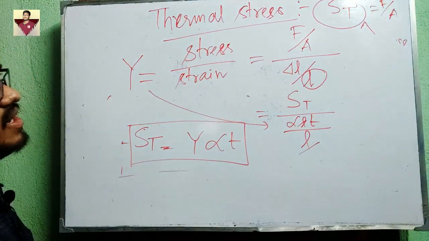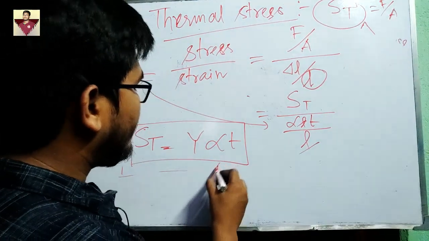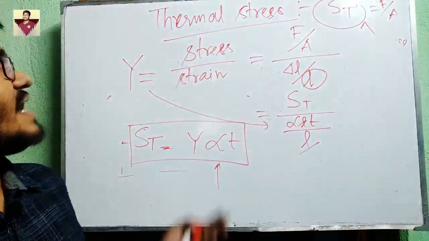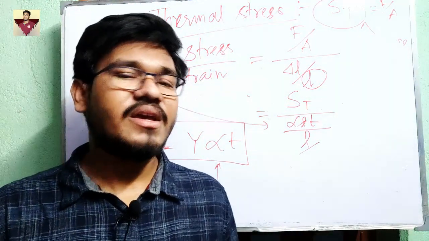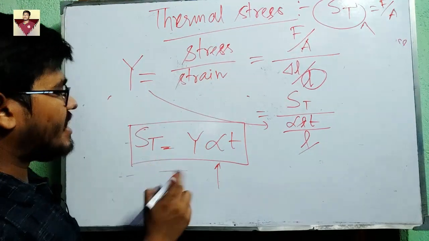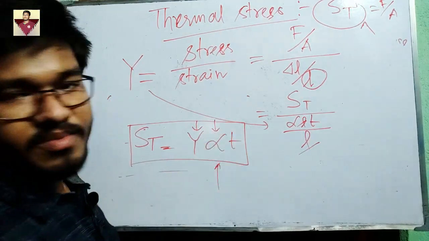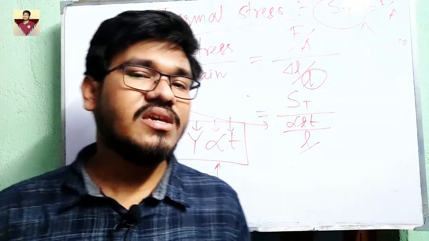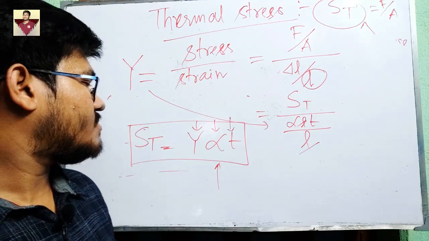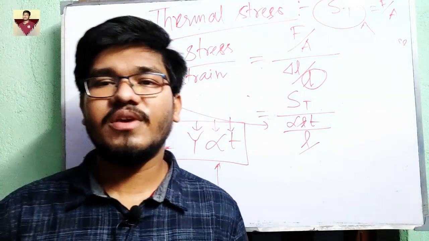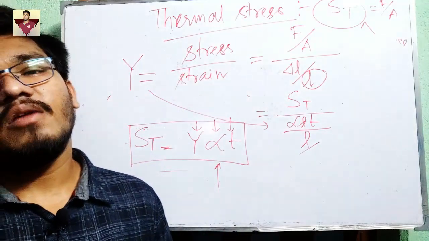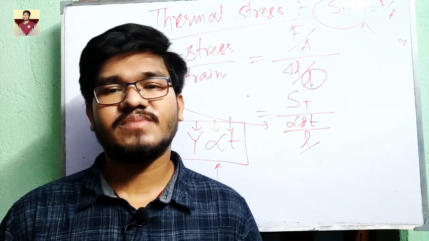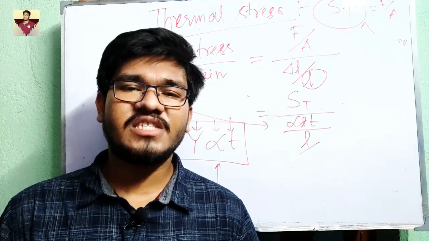If you have the Young modulus of some material and its linear expansion coefficient, and you change the temperature of the material, then you can easily calculate the thermal stress developed in that material. So thermal stress is defined by Young modulus times linear expansion coefficient times change in temperature. This is a very important equation in JEE Main or Advanced, and you will find it useful in solving problems. So that's it for today. I will come back with a detailed session where I will solve many problems on this chapter of expansion of solids. Then I will proceed further to the expansion of liquids.